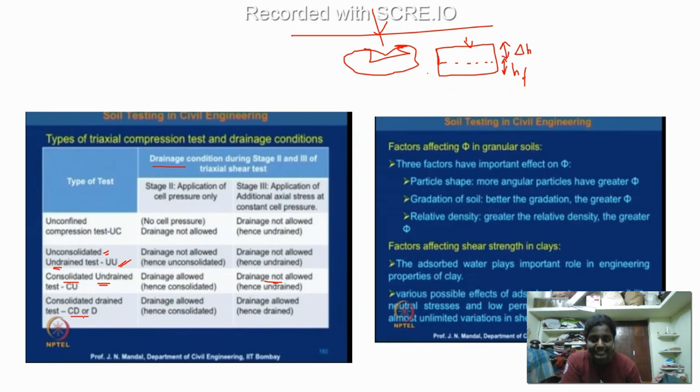Then there is going to be CD, where your drainage valve is open both during the first stage and the second stage. There is one more impossible test I can tell. You cannot conduct that test. That is going to be your